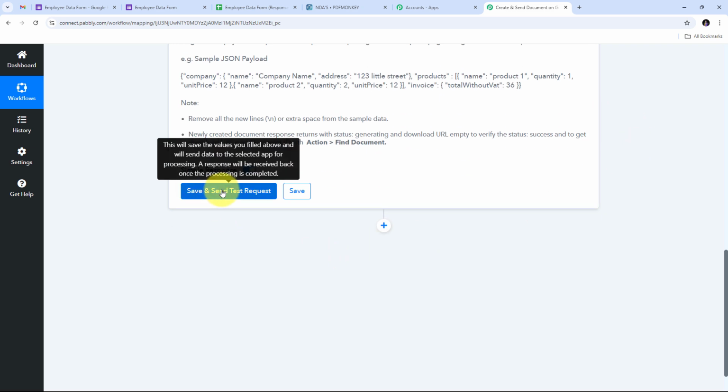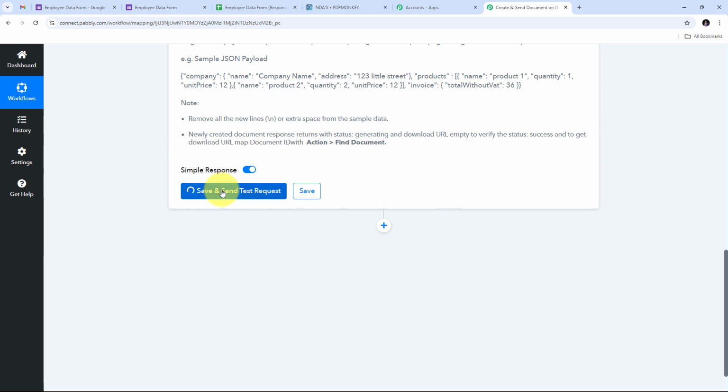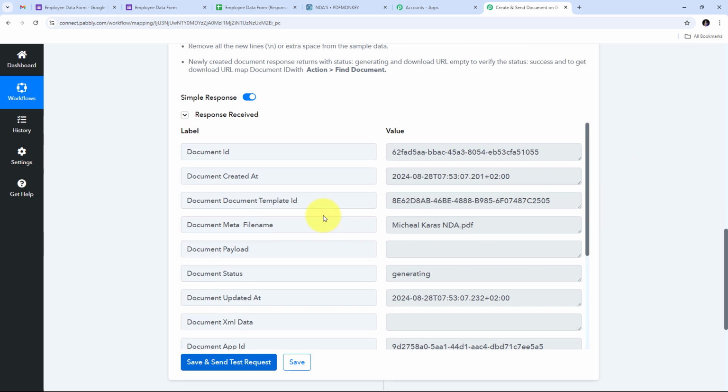and I'm going to click on Save and Send Test Request button. And here we can see I have received this response. So this is a positive response, and this means that I have created a new NDA document with all the detail of my employee that I have received through Google Form, and I have created this NDA document for that particular employee. Also in this response, I'm receiving this document status as generating. So this document is still generating, and within 1 or 2 minutes, I am going to successfully generate that